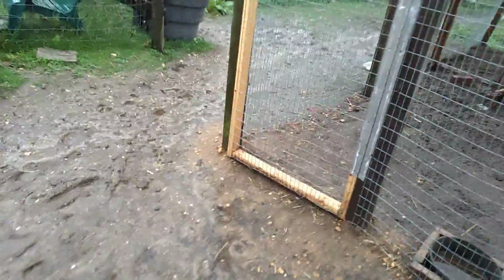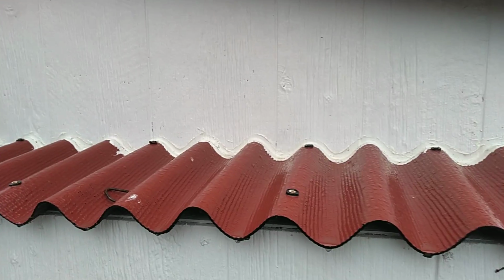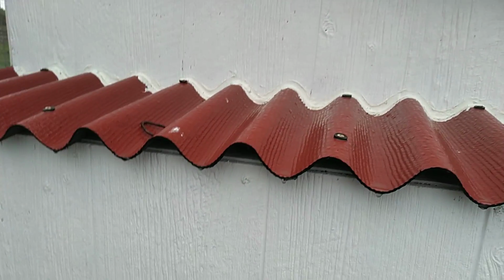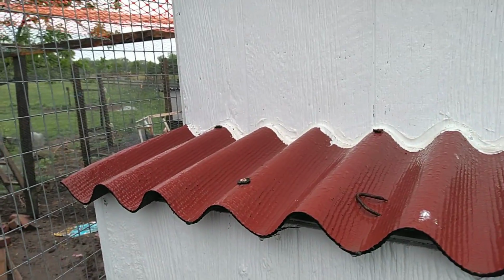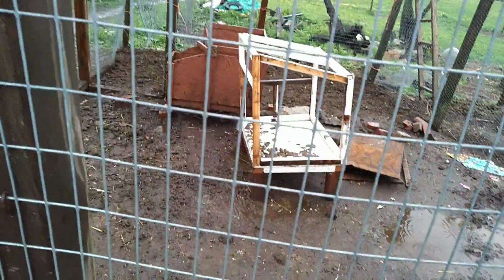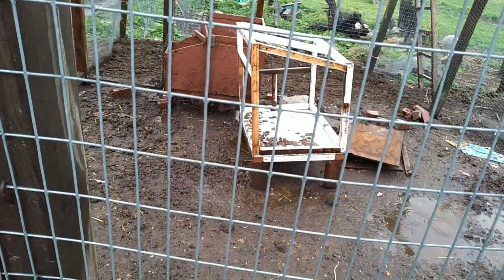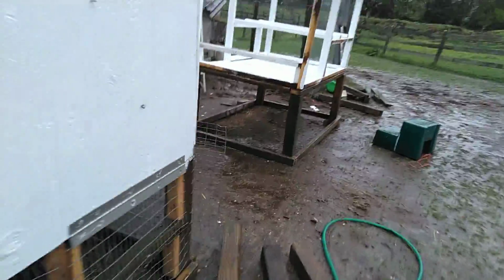We'll be redoing the broody houses. The majority of them are falling apart. I'm using what wood I can from the chicken houses that I take apart. I used the wrong wood when I made them. Some of it is still good, some of it's not. What's good, I'm reusing. I didn't have anywhere near enough to do that one because there was basically only enough to do the floor. I will be making other houses smaller, and the one broody house